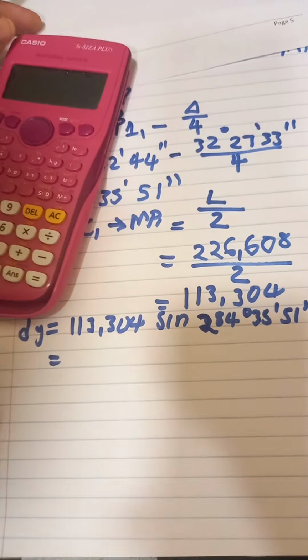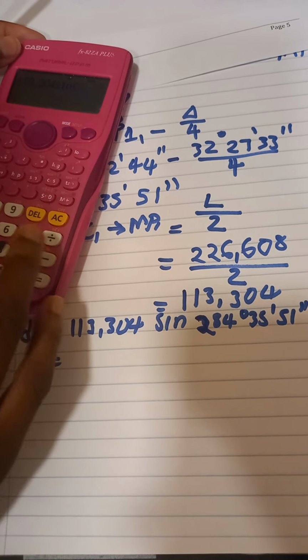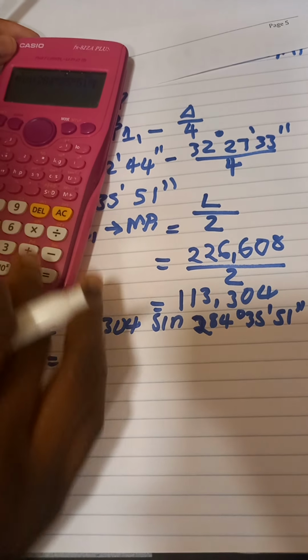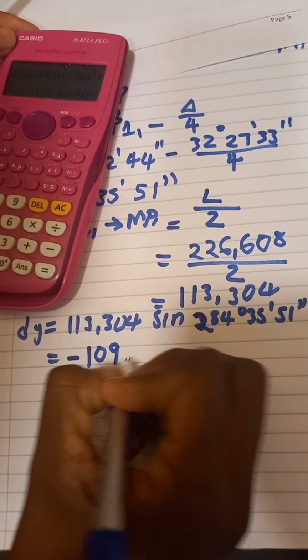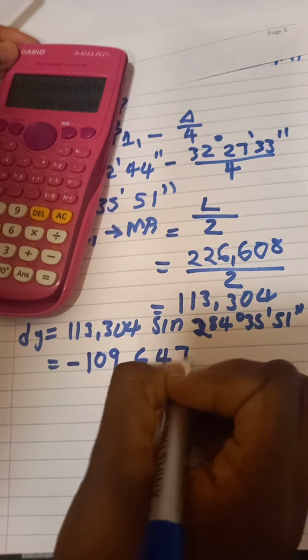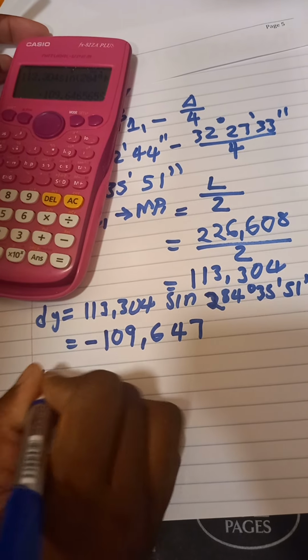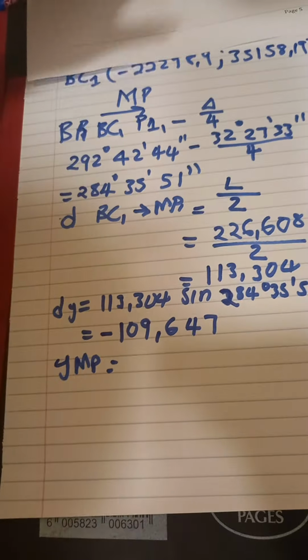So your change in y is 113.304 sine 284 35 51, and then you get a dy of negative 109.647. So your y coordinate at MP is going to be, now we're going back, we're using coordinates